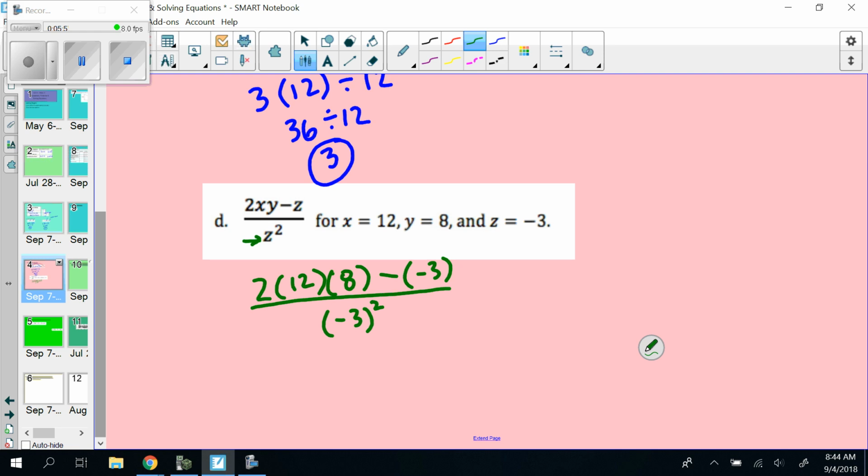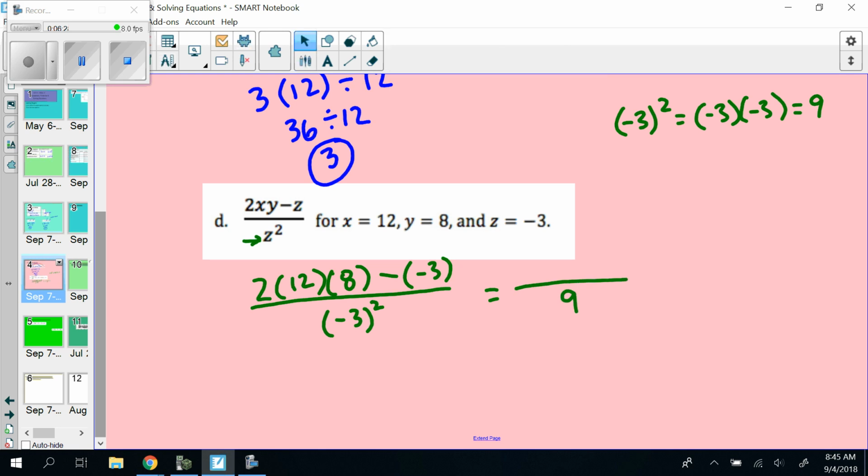Do we have exponents? Yes, we do have an exponent on this one, so we want to do that first. Okay, exponents, recall, and we'll talk more about these as we go throughout the year, mean you want to do that twice. So if we got -3 squared, -3 squared means we want to multiply -3 times -3, and that's going to give us a +9. And so that bottom of that's going to evaluate to